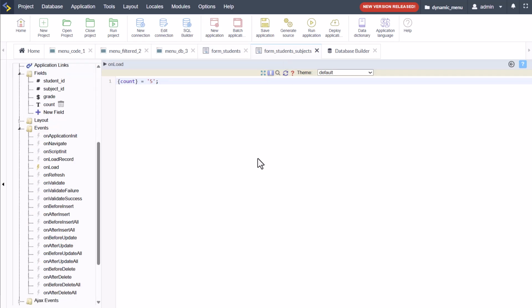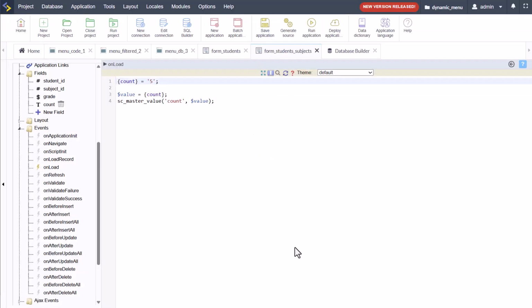Now here on our form student subject, we have the macro SC master value. So let me add that in here first of all, SC_master_value. And it is just like that. And then what we want to do basically is add first of all our object name, and then a comma, and then our value. Now our value in this case would equal our count field as an example. Okay, and then with that we can adjust our object name, and our object name is, for instance, our field. So here we have count,